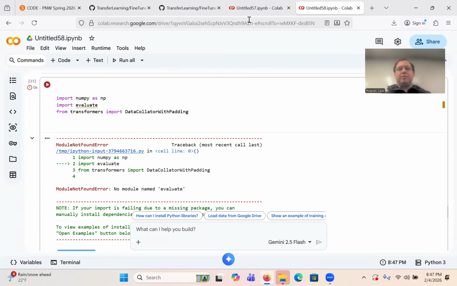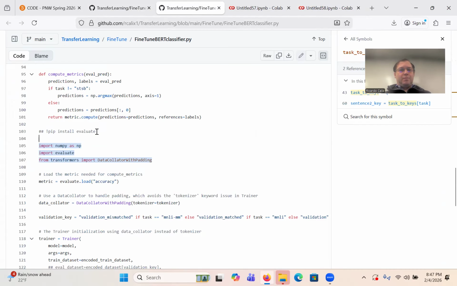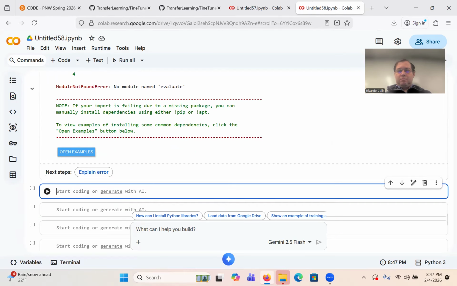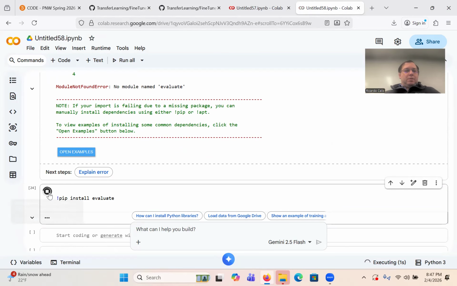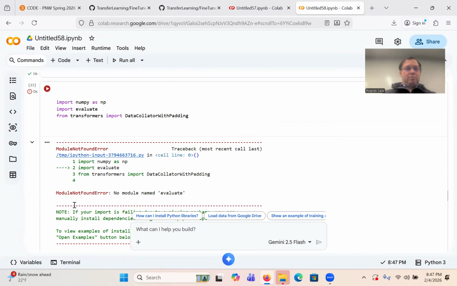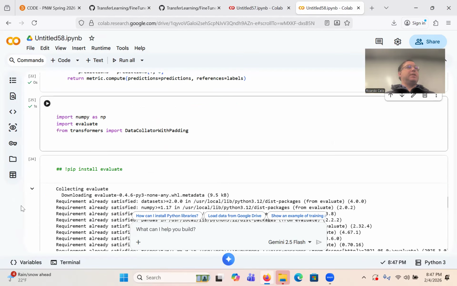It's giving me the error, so I have to install it. All right, let's give it a minute. Okay, so it installed, hopefully. Let's try this. All right, so we get a green check. Okay, so we got our library.